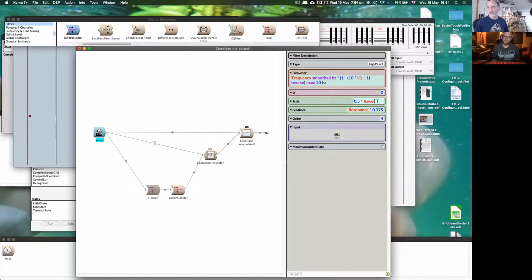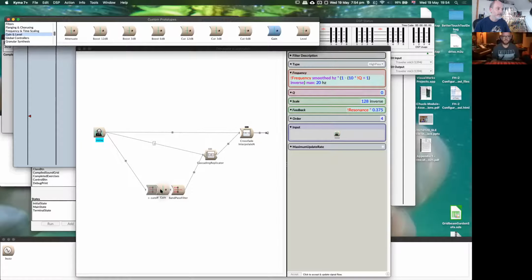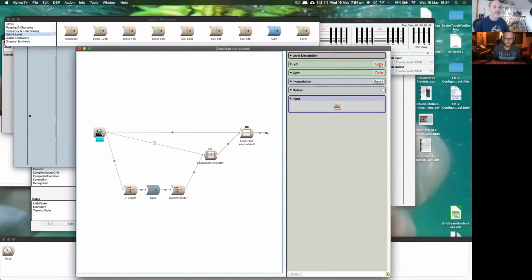So we can literally lose 7 bits off this. Well, 8 bits if we want, but we could lose 7 bits by just scaling this thing right down. So we just go 128 inverse, and that's going to divide the volume going into this high pass filter by 128. And then on the output of this, we're just going to gain it back up again by 128. And that keeps it really well behaved. We're losing 7 bits of data, but off 32 bits, you won't hear it.